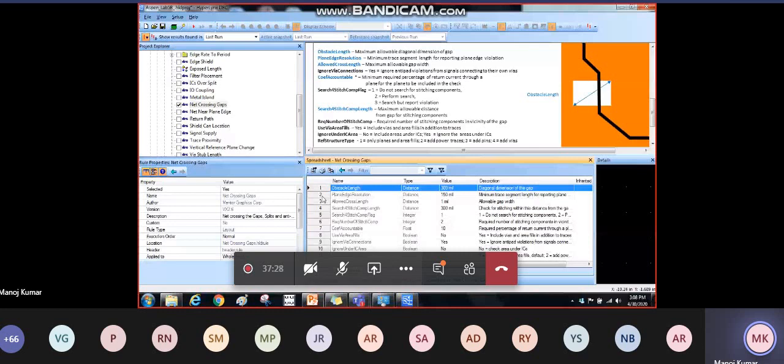That means a void which has a cross section of 300 mil, then the distance from the plane edge, and what should be the crossing length of a signal which sees a void, and likewise. Once you have understood, you can simply set this constraint.